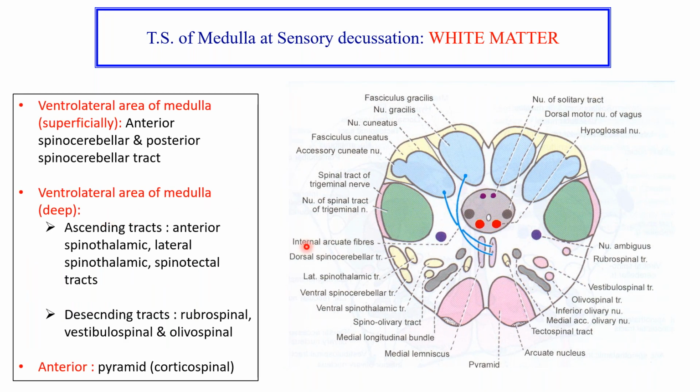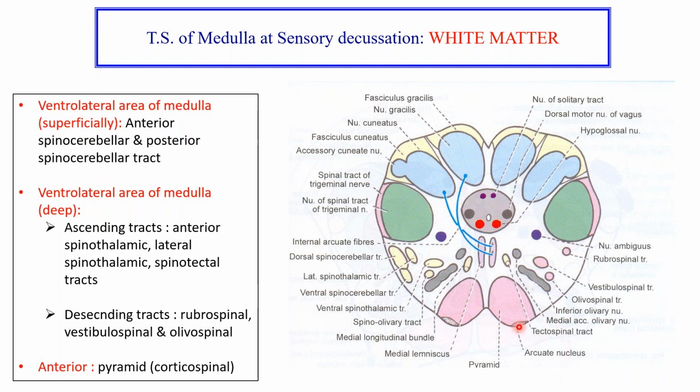Now, the rest of the white matter are the anterior and posterior spinocerebellar tracts. Similarly, you have to draw the ascending tracts like the anterior spinothalamic and the lateral spinothalamic tract. Once you are well versed with these tracts' placement, you will be able to place them. The rubrospinal, vestibulospinal, and olivospinal tracts have to be placed, and anterior-most you have to draw the corticospinal tract,